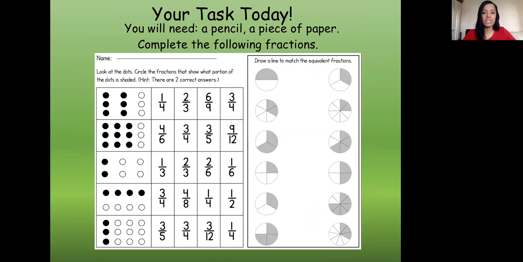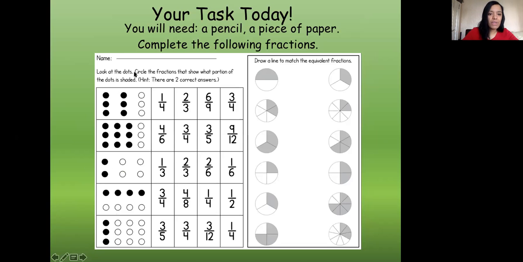So your task for today is we will need a piece of paper and a pencil. Please complete the following fractions. Now, here is very simple. You have the shaded dots, okay? There are 2 answers for each of these, okay? So it might be